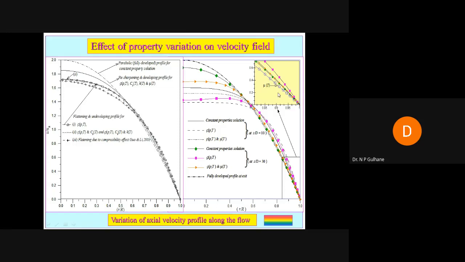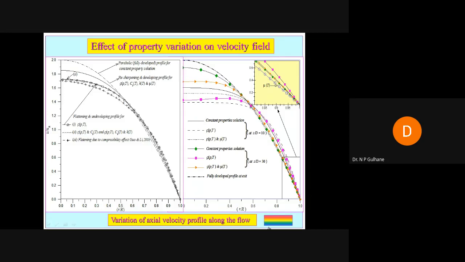So if there is a flattening, you can see how much flattening is there. Because of this flattening profile, more heat flux is going from the wall and there is more convection. More mass flux is going, so more heat is carried out near the wall because of the steep temperature gradient and because of this flattening of the profile. And that is why heat transfer increases.